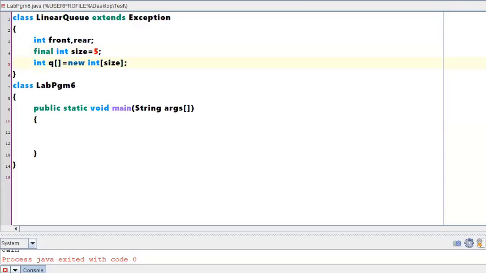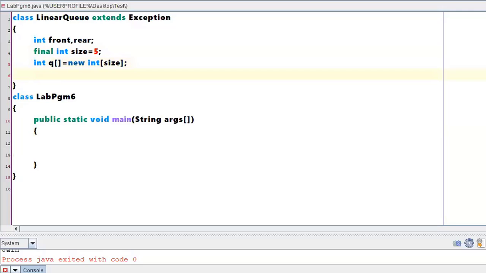You can directly write int of this particular 5 also, no problem. But this is also one of a way. You will be comfortable with creating the final variable also. Let it be. Now, with respect to linear queue, I wanted to have a